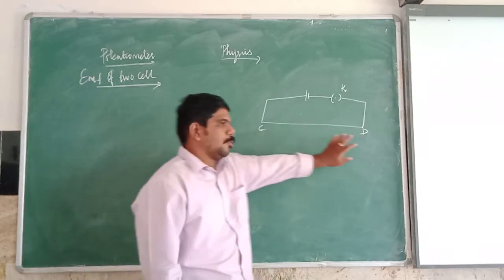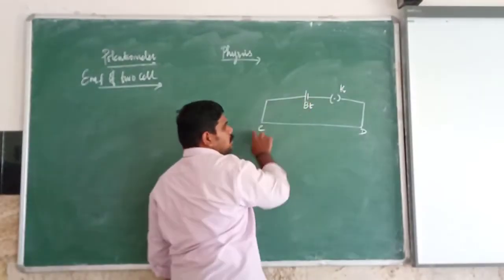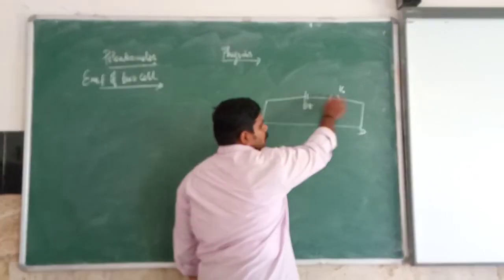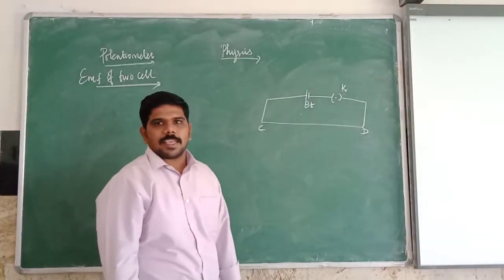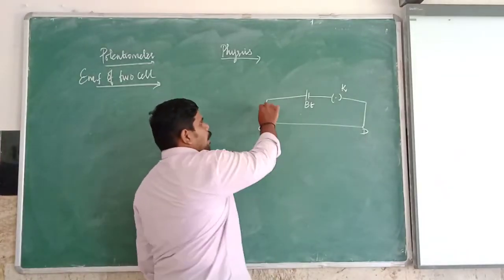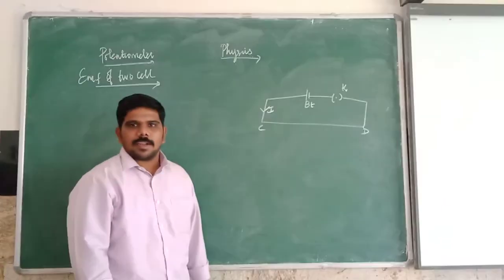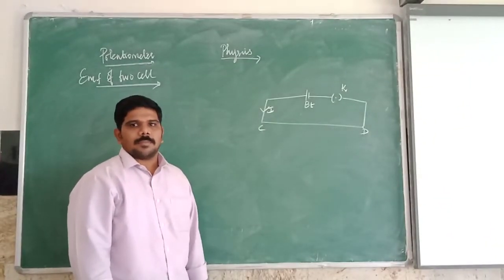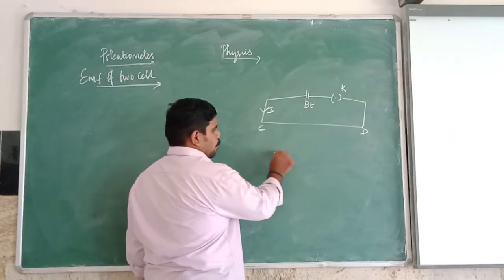Let C, D be the potentiometer. The positive of the battery will be connected to C and the negative of the battery will be connected to D along with the key K. Let I be the current flowing through the circuit. Okay? Clear? Now we take a DP/DT switch.